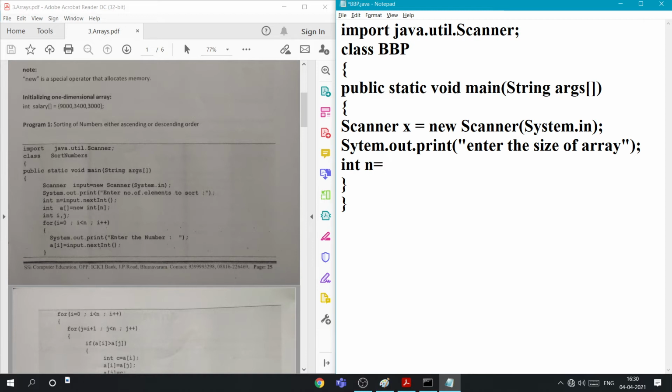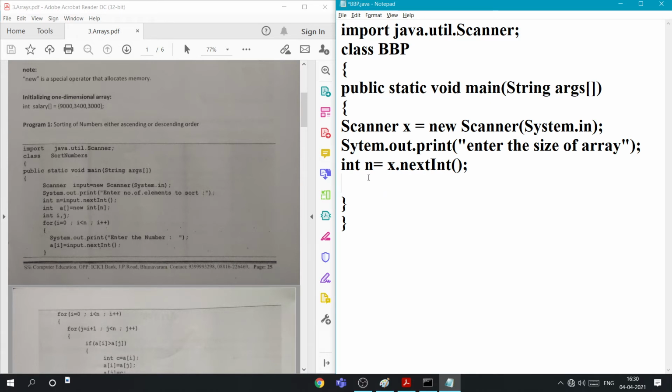Instead of input I am taking x, so x.nextInt. I told all this in the previous video, how to take the user input. If you are expecting an integer type, then it is nextInt. If you want double, nextDouble, like that.